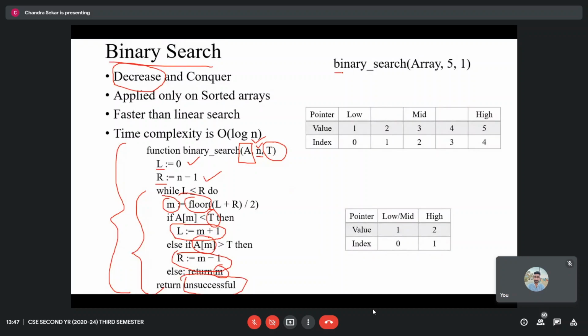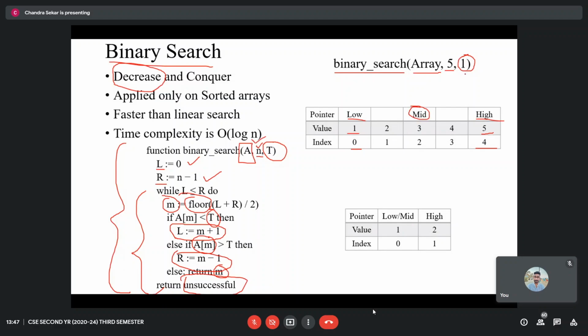So coming to an example for this binary search, take an array of 5 elements, and in those 5 elements, the number 1 is going to be identified. Here we have the 5 elements with index 0 to 4, and say the values of these 5 elements are 1, 2, 3, 4, 5. We initially assume that index 0 is low and index n minus 1 is the high. Then the mid is calculated.